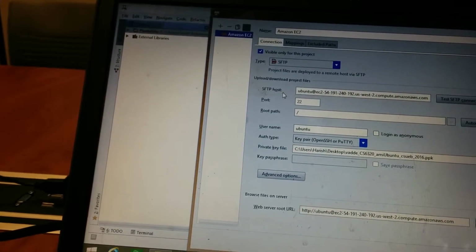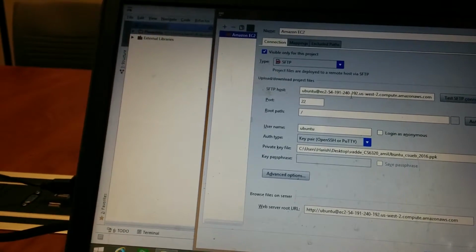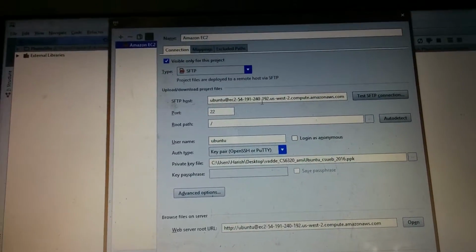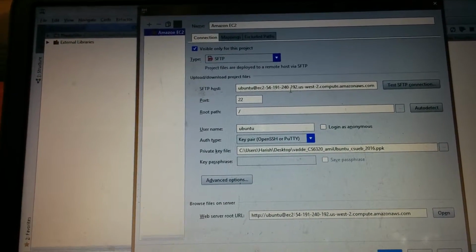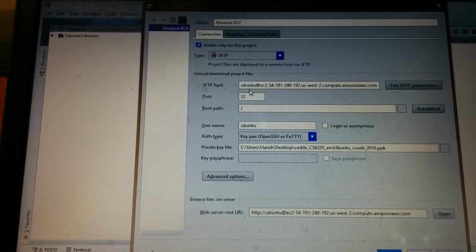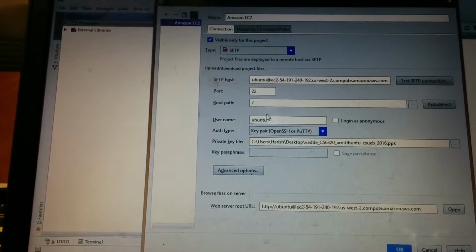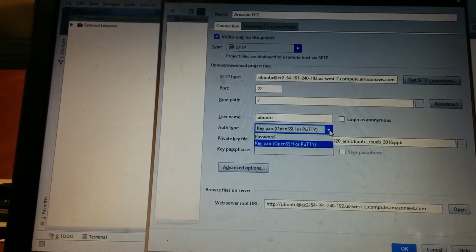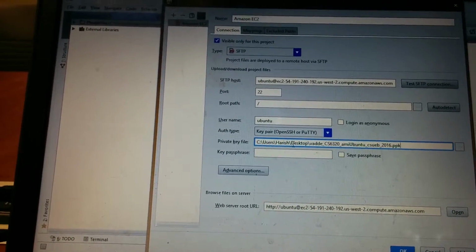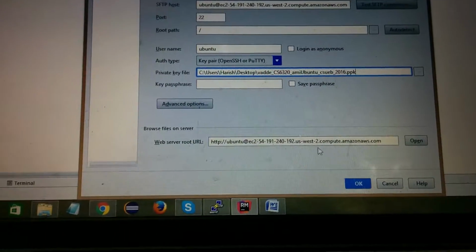Here SFTP host is a username at DNS name, which will access that particular instance, because on Amazon EC2 we can launch many instances. To access a particular instance, we'll use this DNS name, and the port number is 22. We have to check all these things very carefully. The username is Ubuntu, and here authentication type we are using SSH PuTTY, and the private key file which we have generated through PuTTYgen,